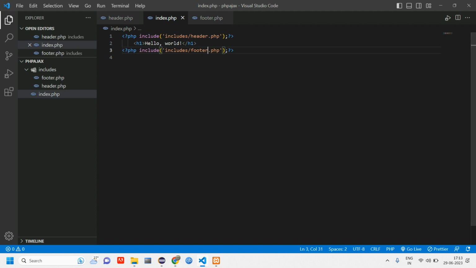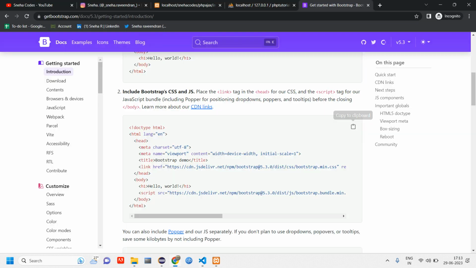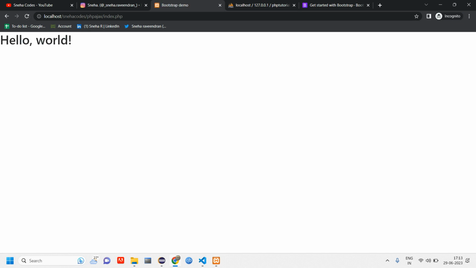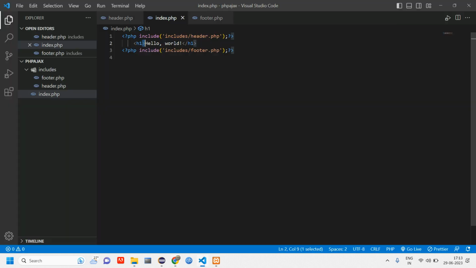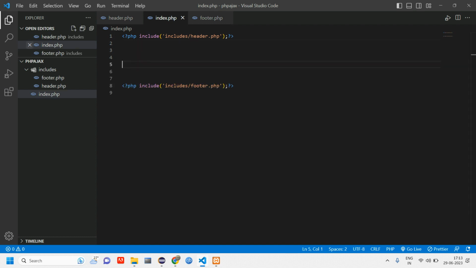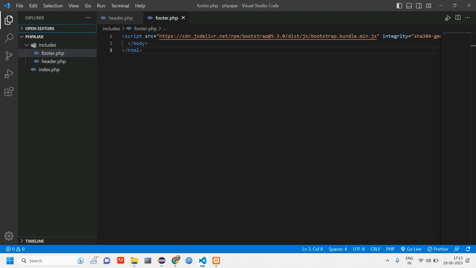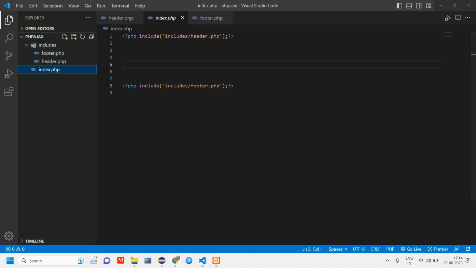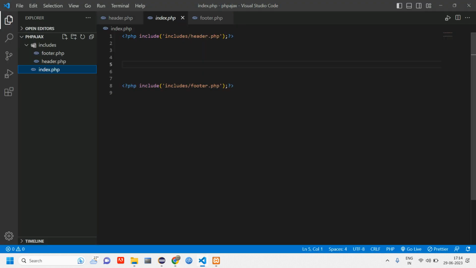To check, you can just add a class on this and check. I'm not gonna do that. I'll just reload and check. So yeah, it's included. Now I have to cut this because I don't require this here. I need a design to add. First we are going to work with add data, right? To add, I have to create a table here and I will give one button here. When I click on that button, I should be able to add the data. So for that, I'll just create